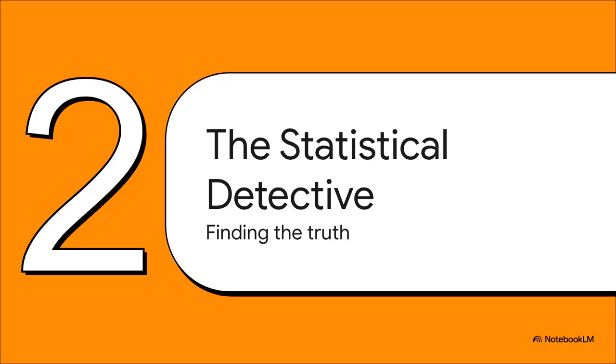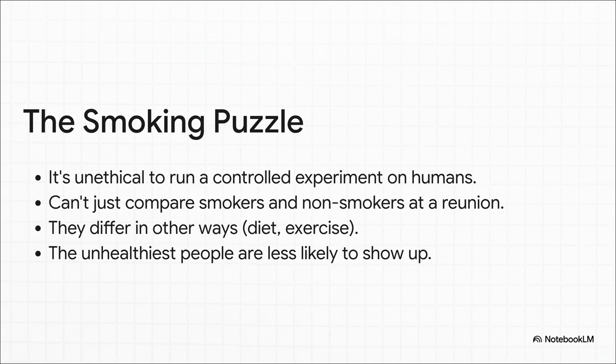Okay, so descriptive stats help us get a snapshot. But what about finding out what causes what? Now we're going to shift gears from just summarizing data to actually finding the relationships hidden inside it. This is where we get to put on our detective hats and start hunting for clues in the numbers. Let's think about one of the biggest public health questions of the 20th century. Does smoking cause cancer? You can't just run a perfect experiment, right?